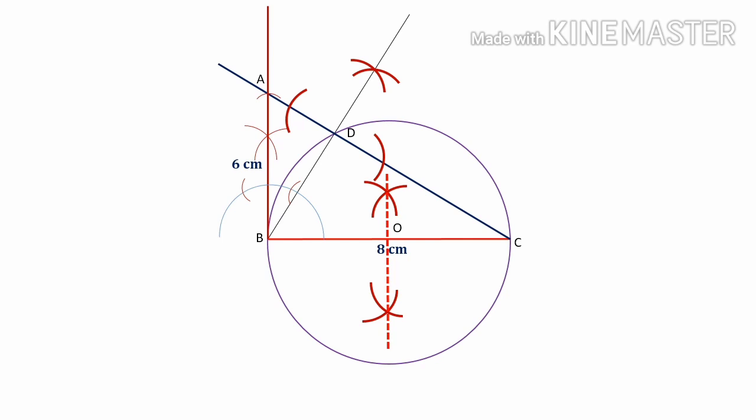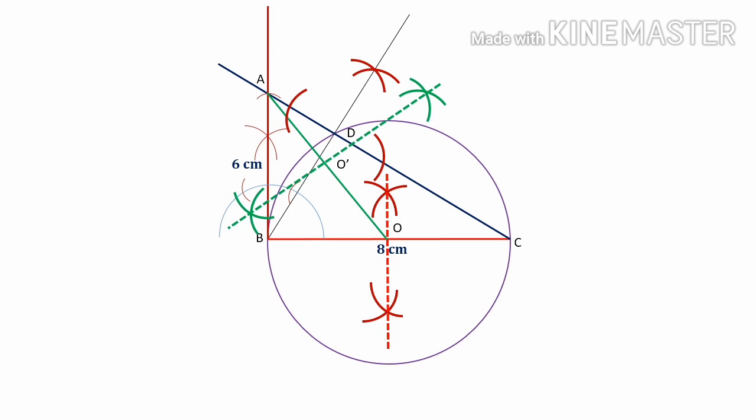Next we have to draw tangents from A to the circle. That process remains the same as before. Now the center of the circle is O and the point A is outside the circle. So for drawing tangents we have to join AO. Then we have to bisect AO. So take more than half of the length of AO and fix at O. Draw one arc up and down and fix at A. Cut those arcs and join using the ruler.